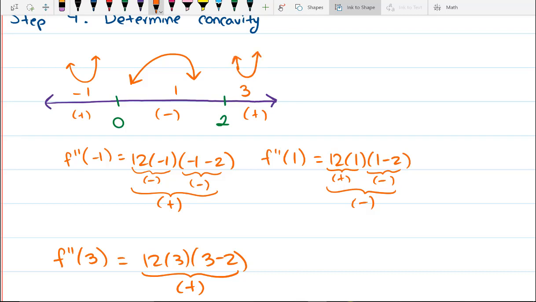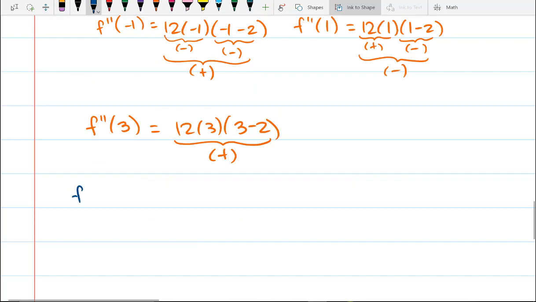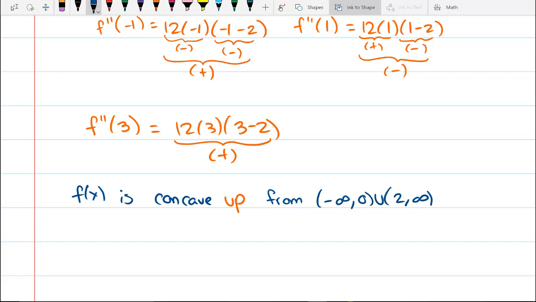And now we're almost ready to go. We've done all the hard work. Let's just write a little explanation so we can write our answers in complete sentences. So we have f of x is concave up from negative infinity to 0 and 2 to infinity. We have f of x is concave down